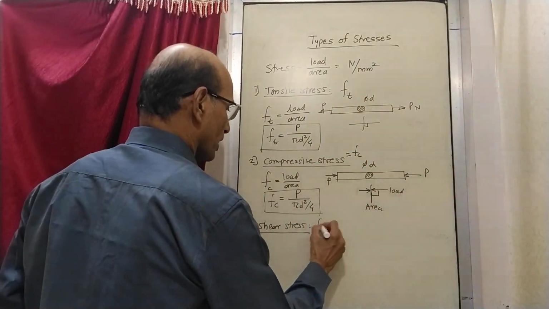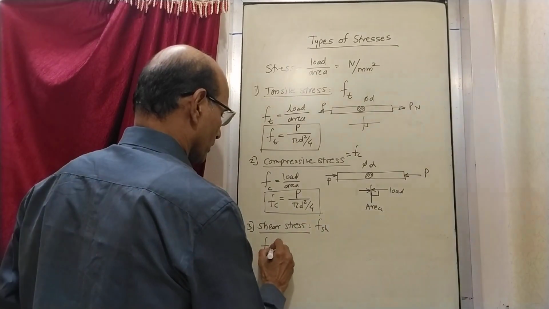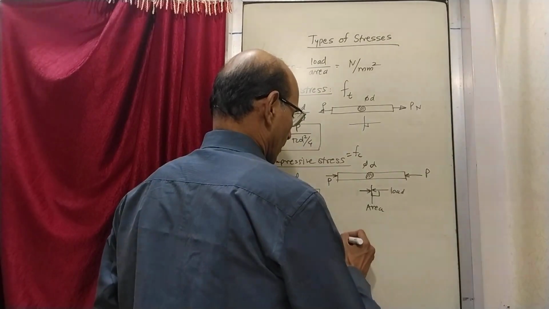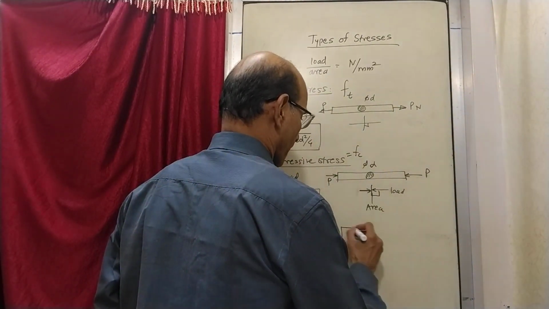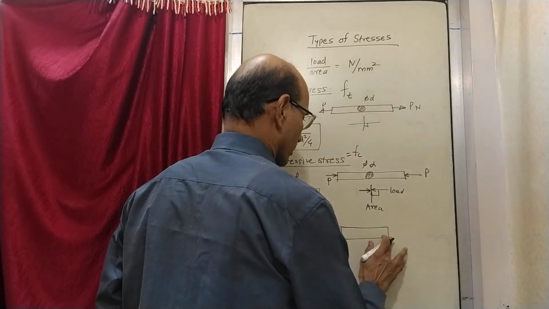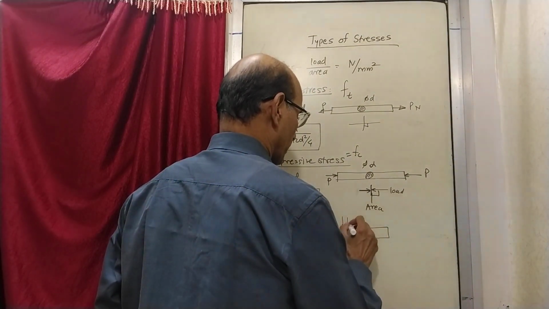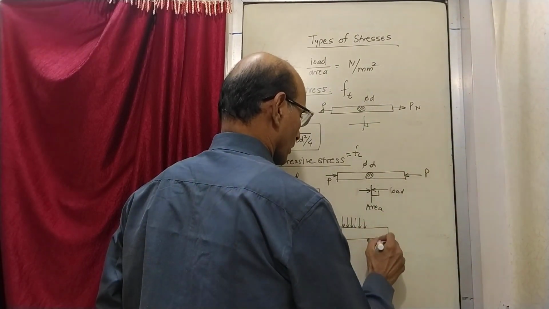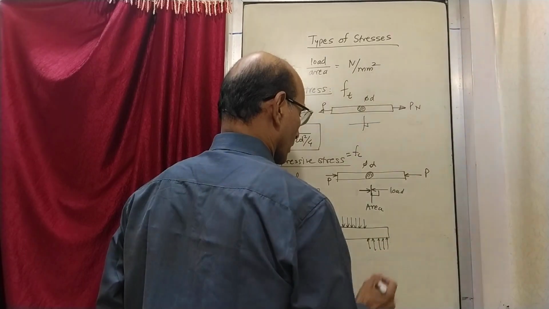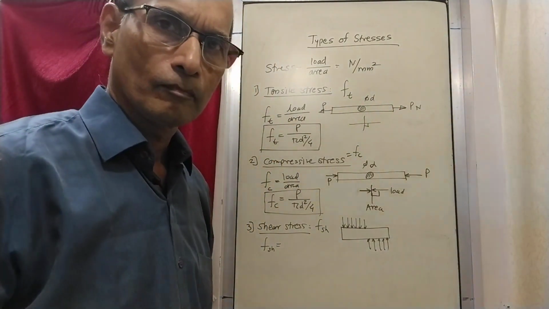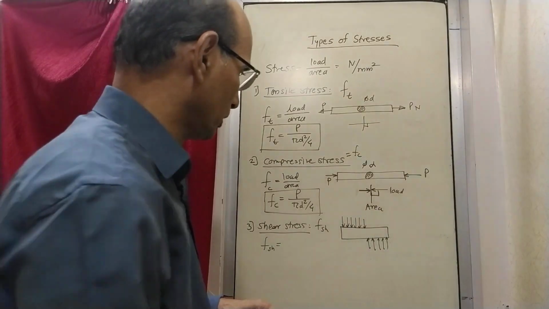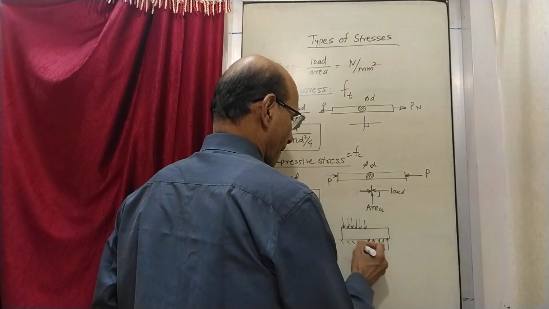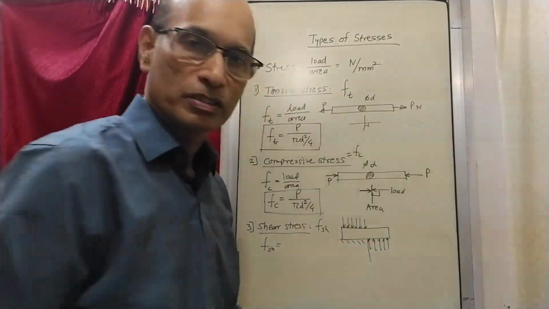Shear stress, this is shown by F shear, and again what is going to be shear stress. So I will draw a figure for shear stress, maybe something like this. Maybe again the same rod, and this time I am applying a force like this. Okay, maybe there is some support. I have to show some support here. Say like this, there is a support. Okay, and then you are applying a force like this.